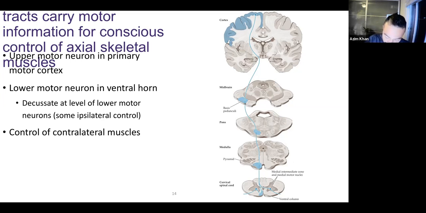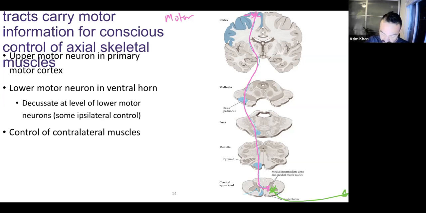But what we can see, this is a motor pathway. Here's our first neuron. Upper motor neuron would be in the motor cortex. It descends. It happens to decussate here in the spinal cord, in the anterior white commissure, that's one neuron. And then our next neuron starts in the ventral horn and exits out the ventral root and synapses with whatever muscle we're controlling. That's one example.